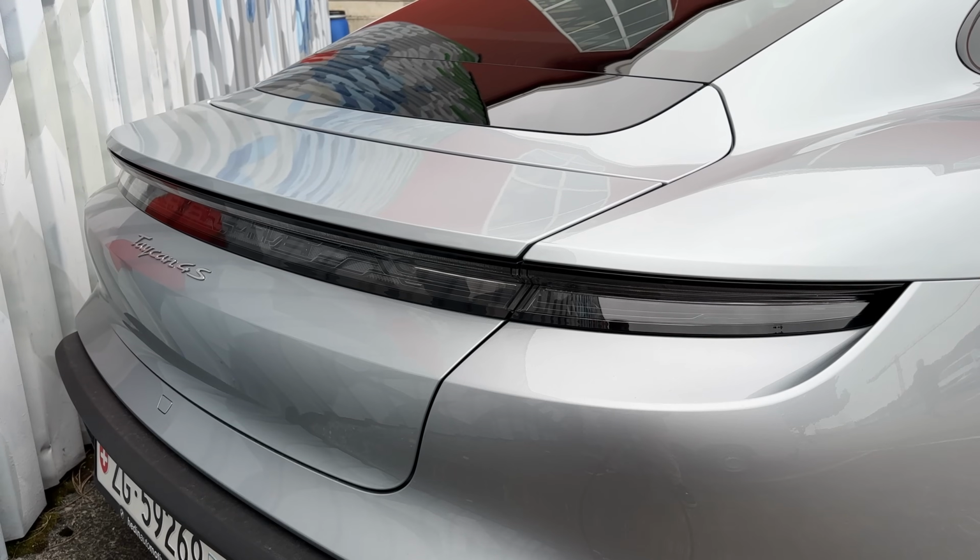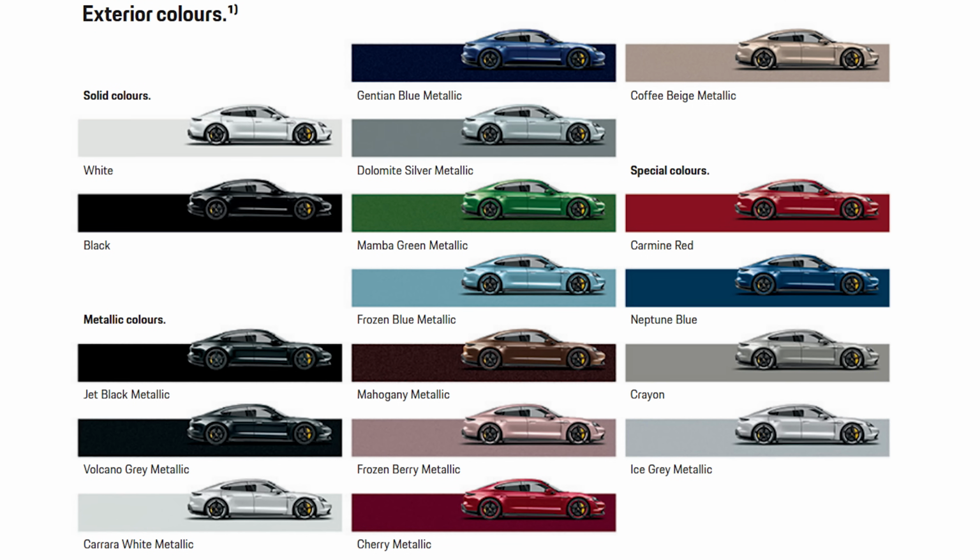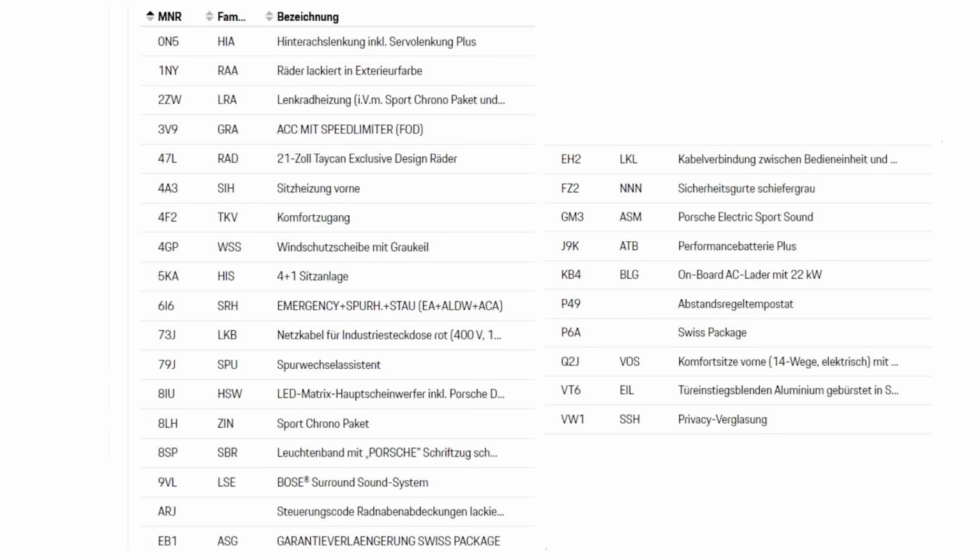So with all Porsches, you have a number of options and colors you can choose from. So you have to find the car that is just right for you, just like I found this color that is the color I wanted. But the car also has the options that I was looking for. It has the large Performance Plus battery, which is 93.4 kilowatt hour capacity gross. It has the Sport Chrono package, 21-inch rims and rear wheel steering, very important. Seat heaters and also the leather-free Tex interior with 14-way adjustable sports seats, as well as the LED matrix headlamps